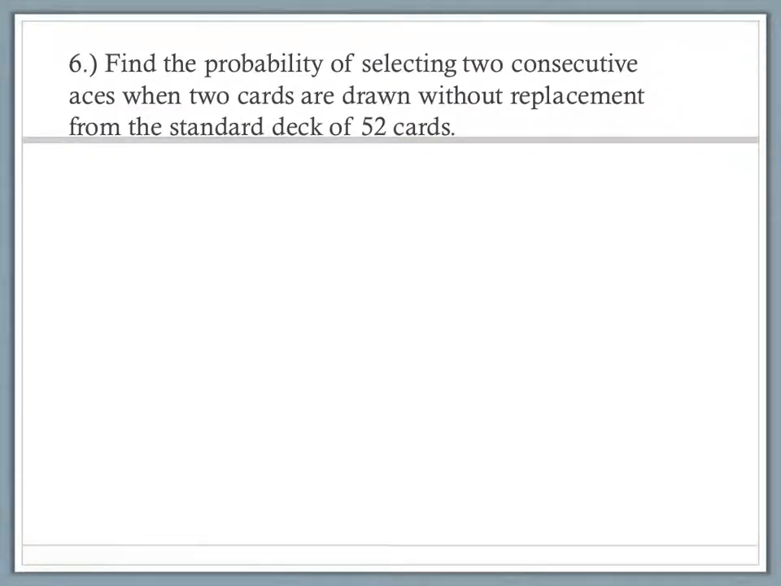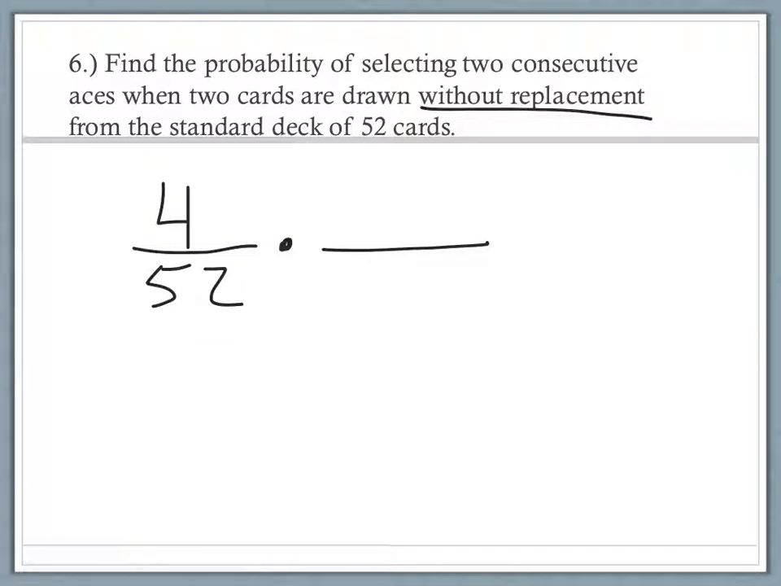Find the probability of selecting 2 consecutive aces when 2 cards are drawn without replacement from a standard deck of 52 cards. My probability of drawing an ace the first time is 4 out of 52, because there's 4 aces and I have 52 cards. The big thing is that without replacement means we're not going to put it back in. It's 2 consecutive, so it's an and, so I'm going to multiply. But since I didn't put it back in, I'm only going to have 51 cards. And I drew an ace the first time, so it's going to be 3 aces out of 51. Now we multiply: I get 12 over 52 times 51,